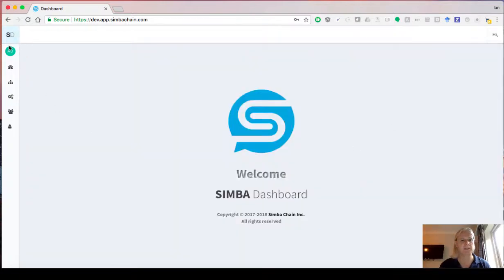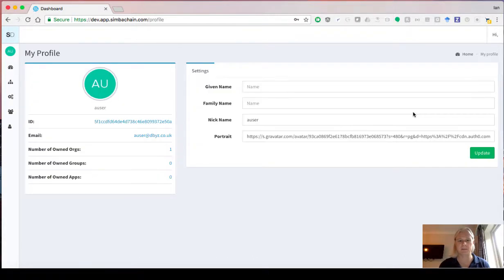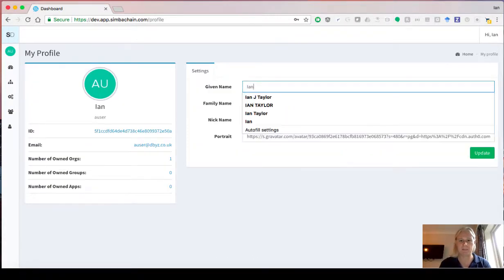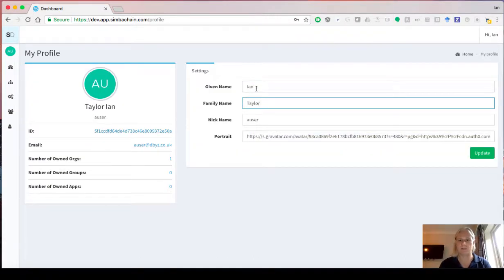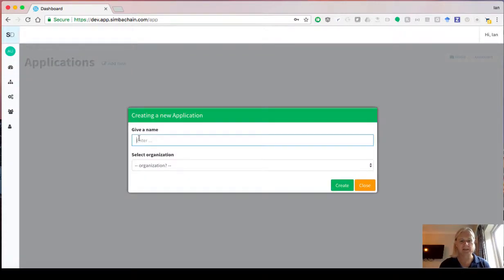Within an organization I can have multiple applications, and within applications I can choose to associate groups or users with that. So here I haven't entered a name yet, so if I go to my profile, I can add my name, Ian Taylor, update, and that will make it seem more like my account here. And then I'm going to add a new application. I'm just going to call this application a card demo,